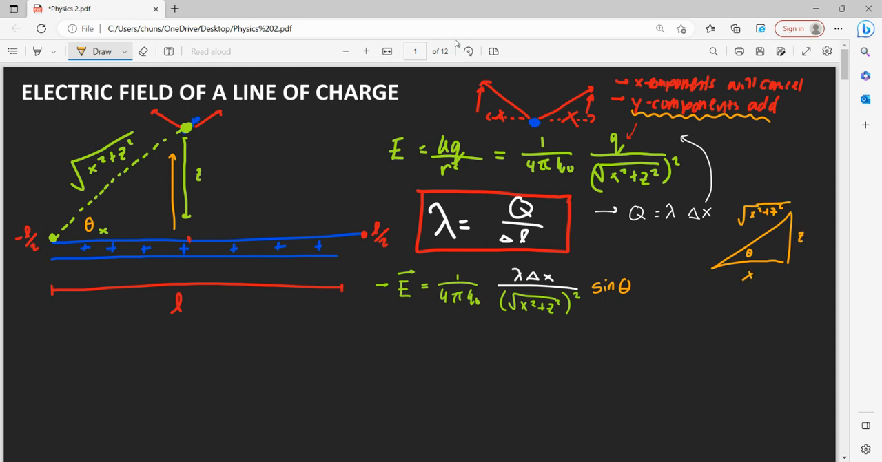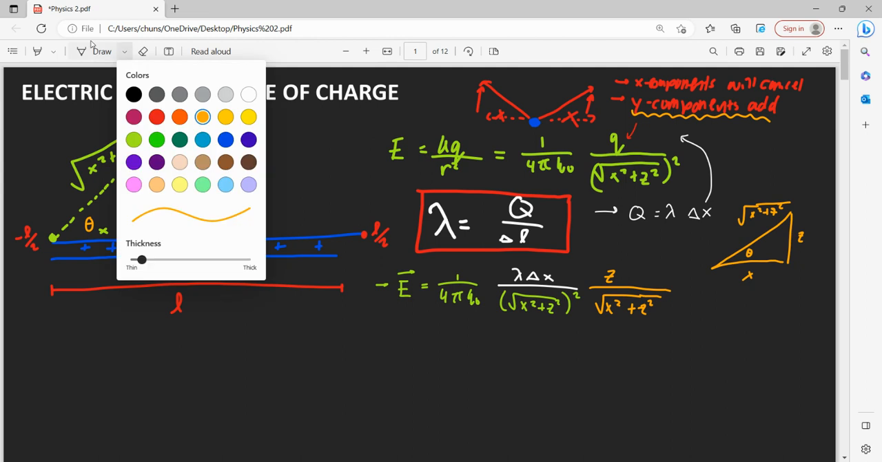So z and x, right? We know that to find sine, we use our opposite over our hypotenuse. So if we were to rewrite sine, that would give us z over the square root of x squared plus z squared. Okay, so this is our full equation for our